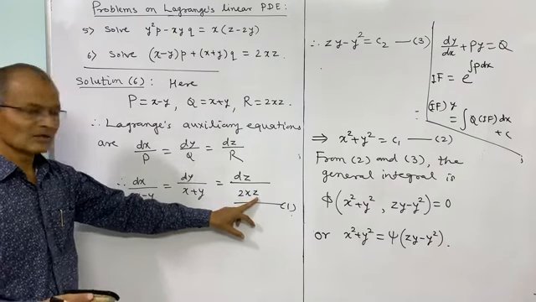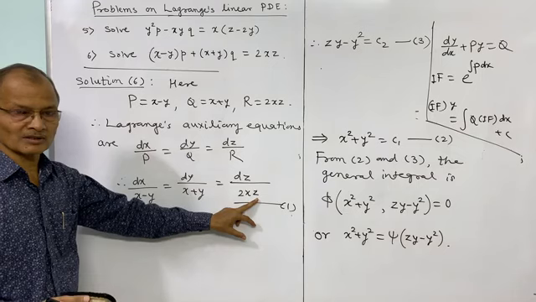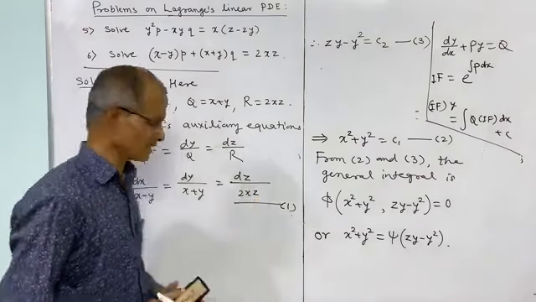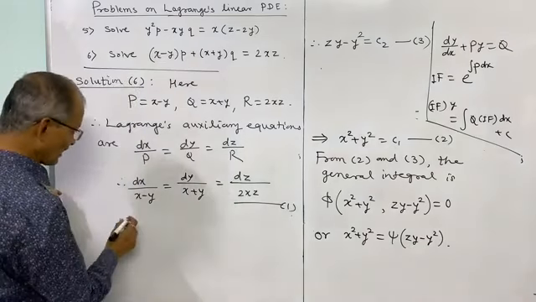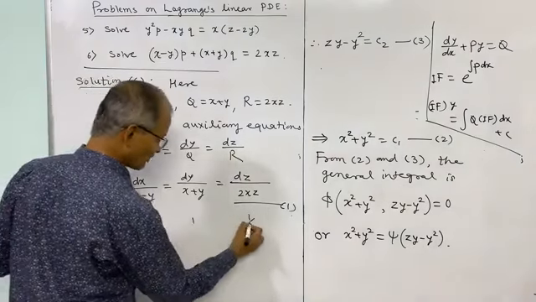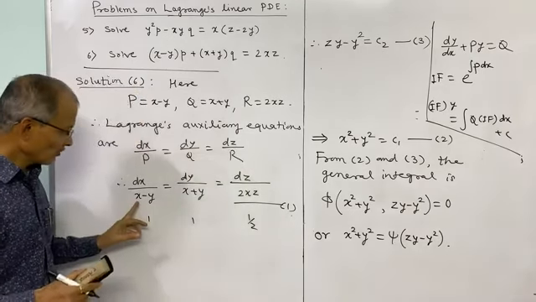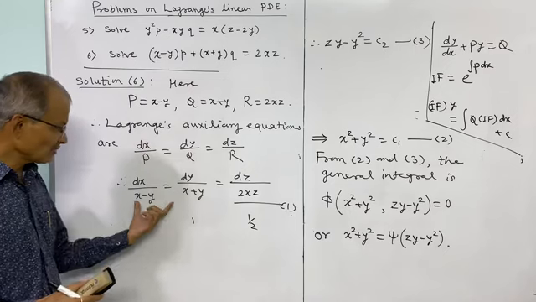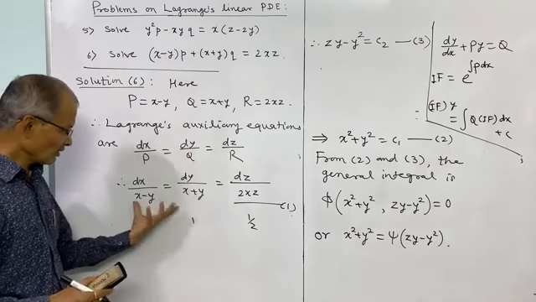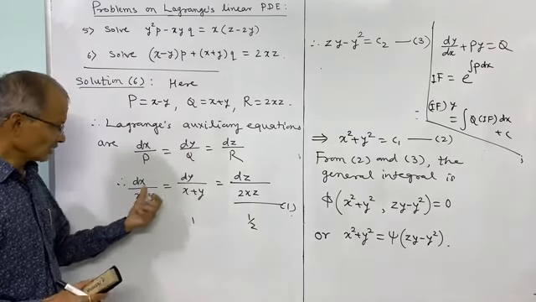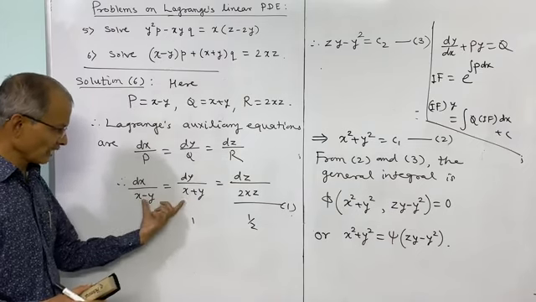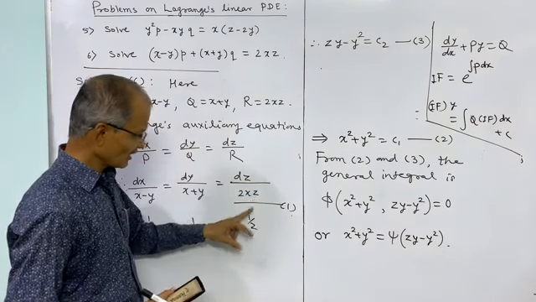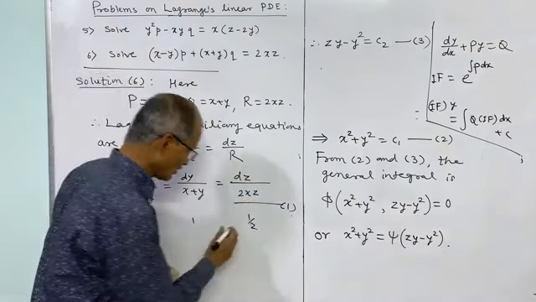1 by z here. So multipliers, we know, can be constants or variables or functions of x, y, z. So we take the multipliers here as 1, 1 and 1 by z. This is to be decided by observing. So why are the multipliers here taken as 1 and 1? Because it is addition, and in addition it gives 2x, and if you multiply by 1 by z, it becomes 2x, and therefore we should consider